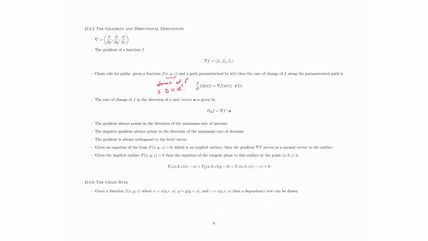R is a path in the domain space of the function f. So in other words, if we only want to look at the value of this function f, we're only interested in the value of f on the x, y, and z points that make up this path in 3 dimensions,